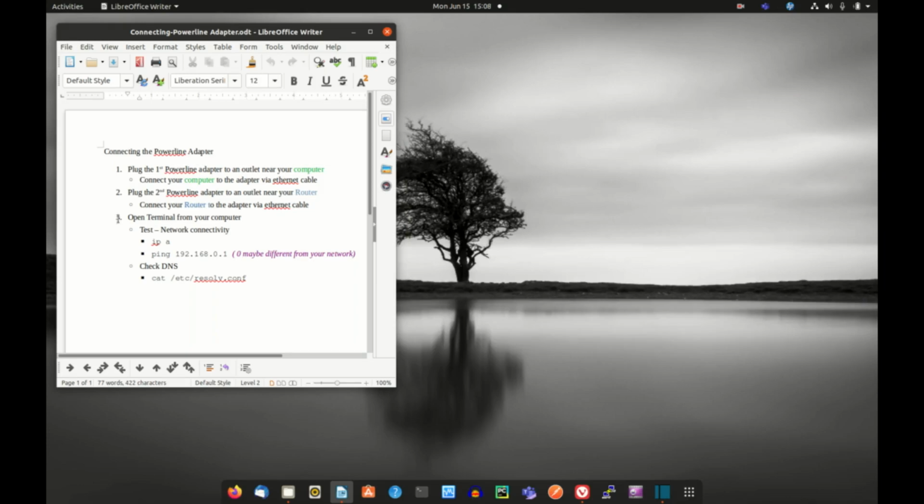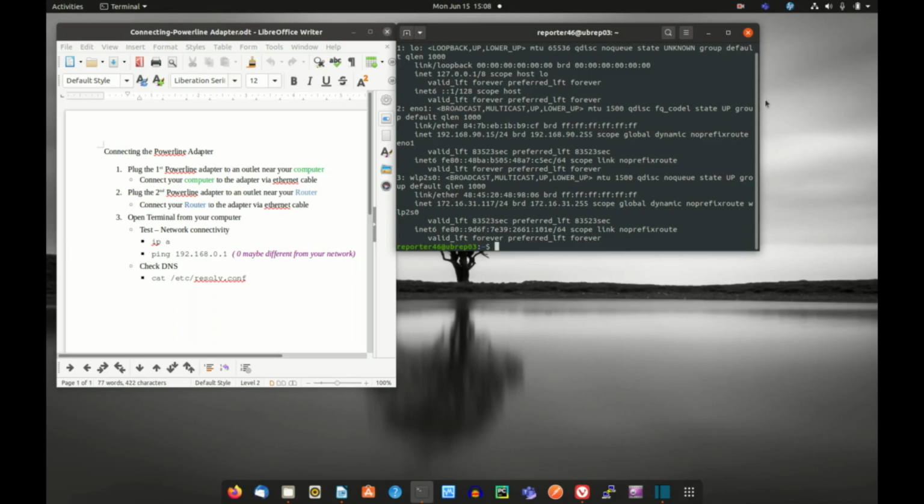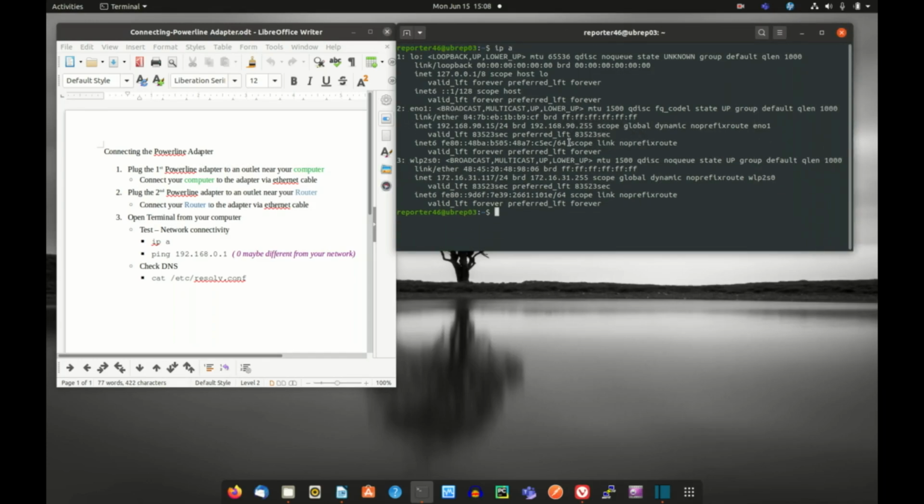Now, at this point, I want to show you how to test your network connectivity. First, you've got to open the terminal, and from the terminal we're going to check if you have an IP address, and you do this by typing ip a, and we are interested in looking at the inet value that you have. So you either have